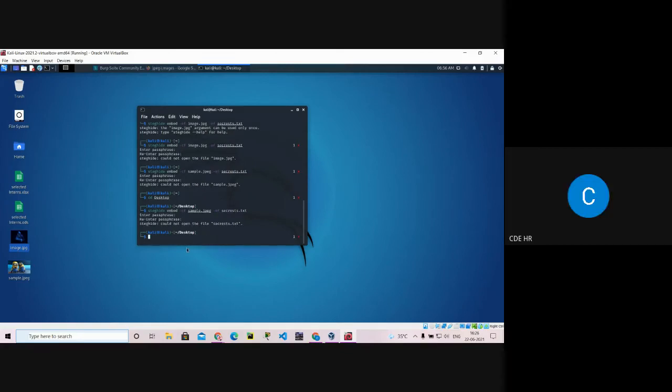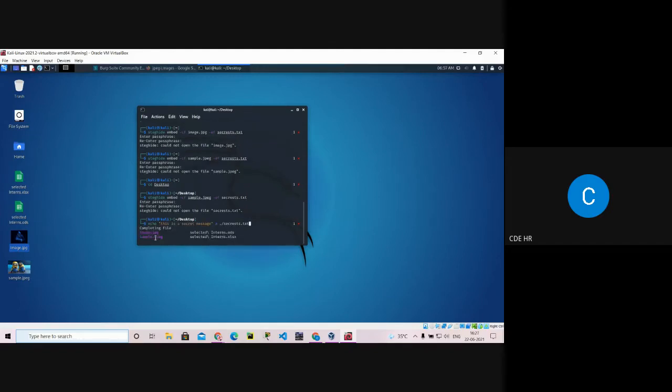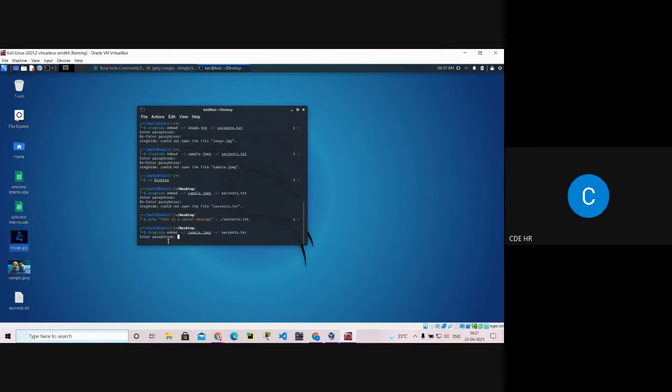This could not open secrets. Okay, got it, sir. Sudo apt install, so now I think it will work.